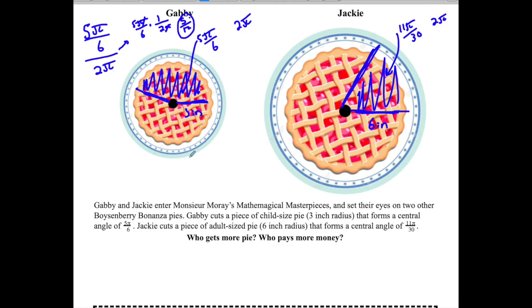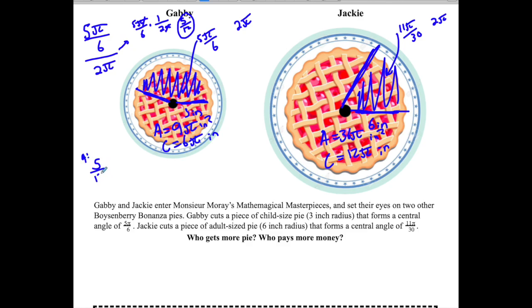So now we know the total area. Remembering, the total area was 9 pi and the total circumference was 6 pi. That didn't change. The total area here is 36 pi and the total circumference is 12 pi. Okay? And that's inches squared, inches squared, inches. That didn't change. The radius didn't change. So now that I know this, I'm going to come over here and I'm going to do